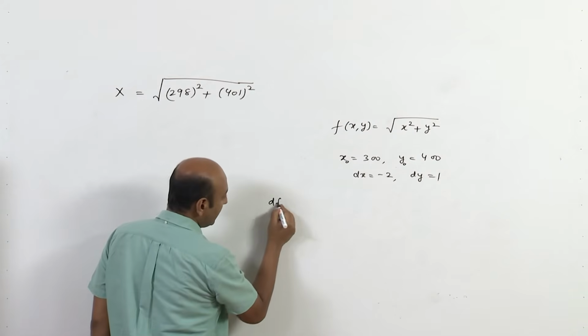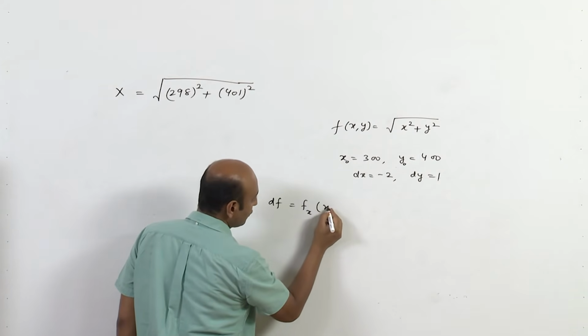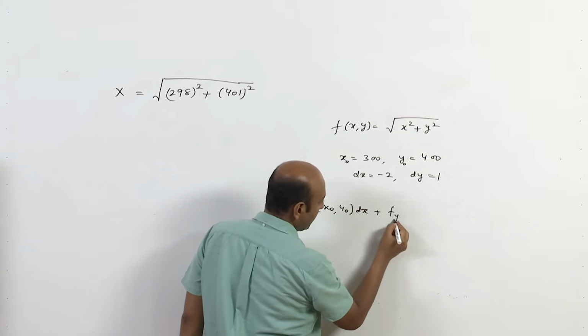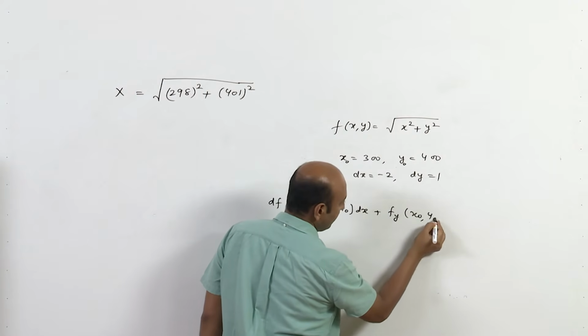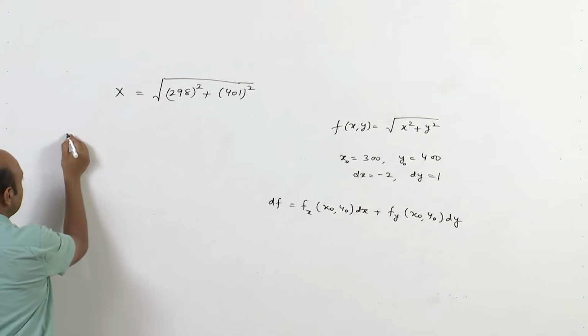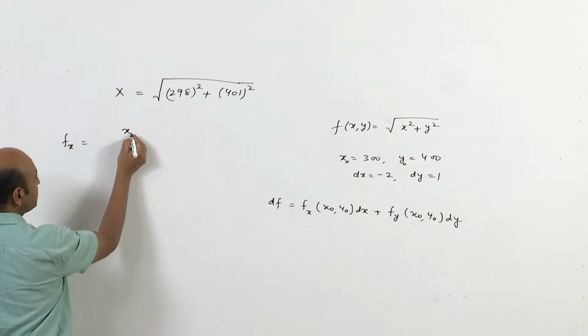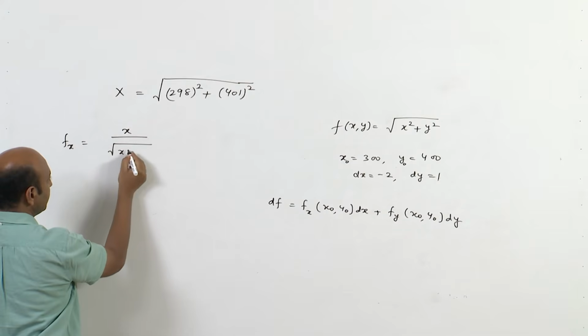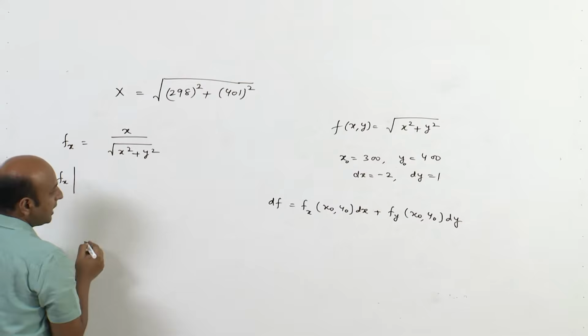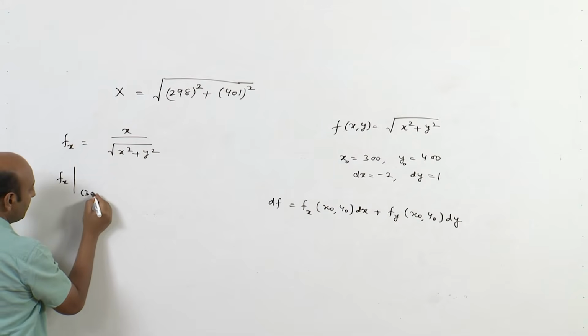That will be given by fx at x naught, y naught into dx plus fy at x naught, y naught into dy. What is fx? fx of this is x upon under root x square plus y square, and fx at 300, 400 will be